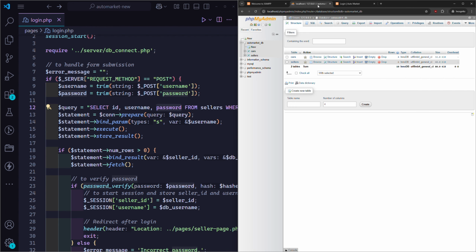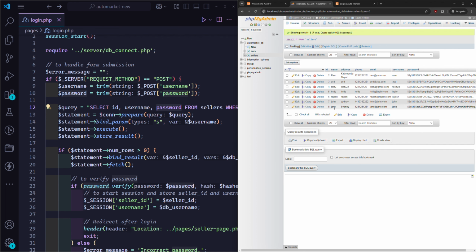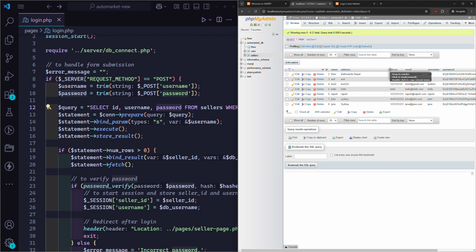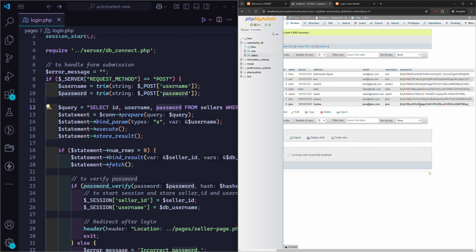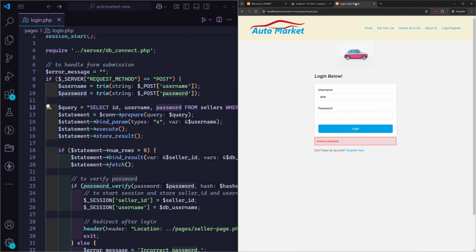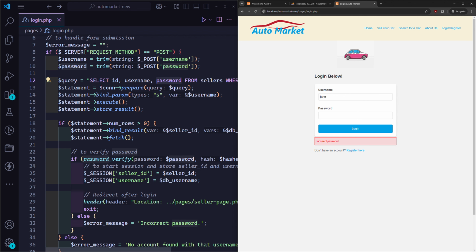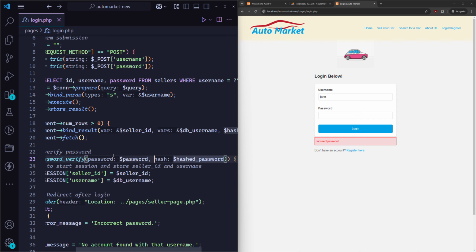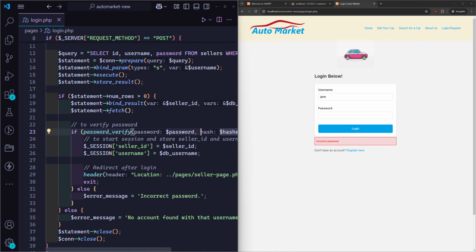So when we go to the database, we have this entry created here. And the password is hashed using bcrypt. That's the default for PHP. And then we check if the password is good. We check the hashed password, and if the password is right, then we create a session with the seller